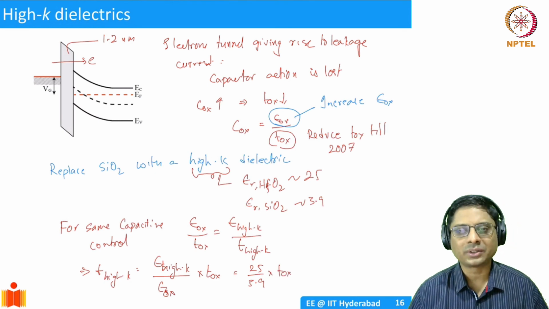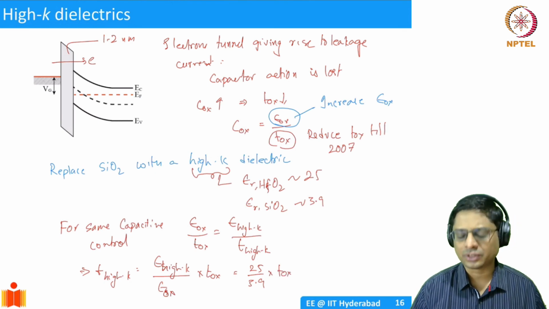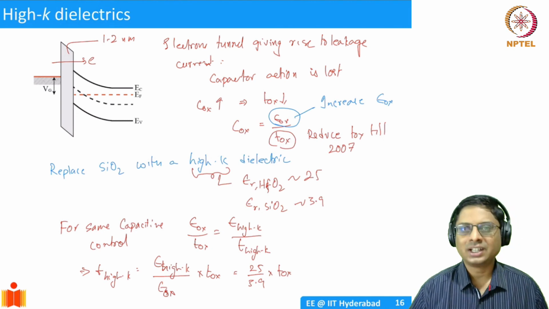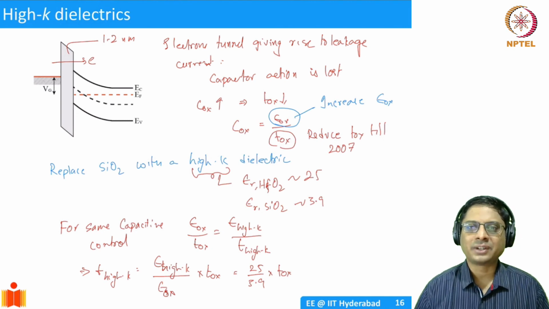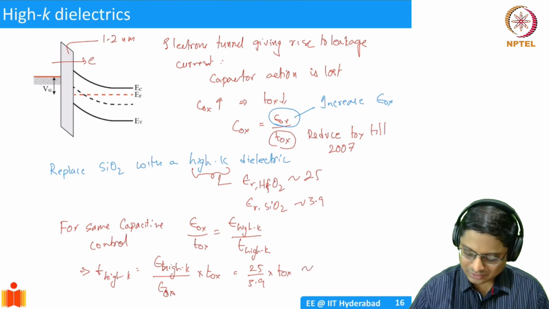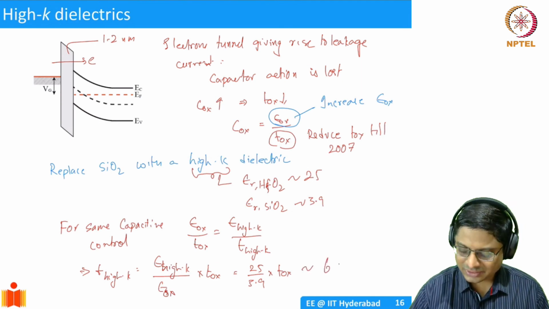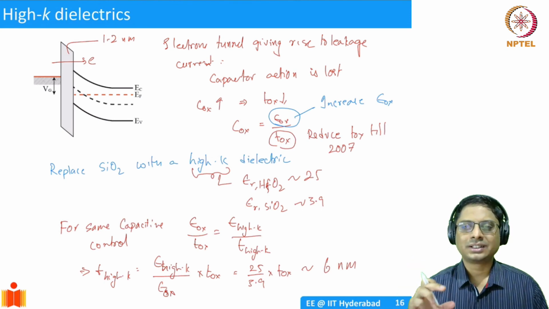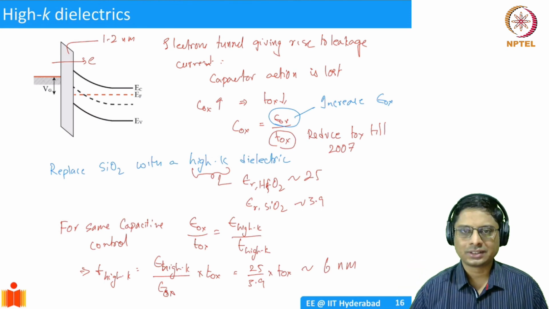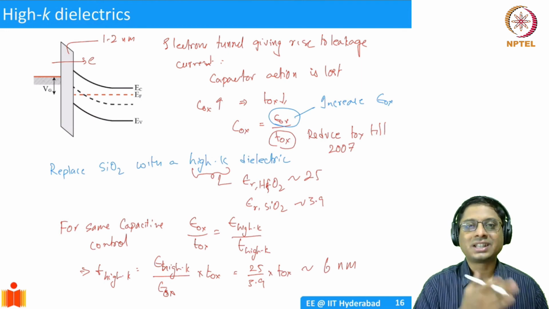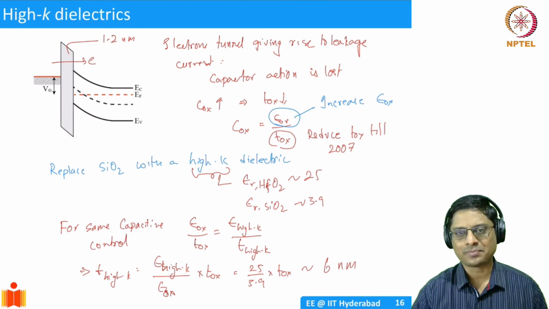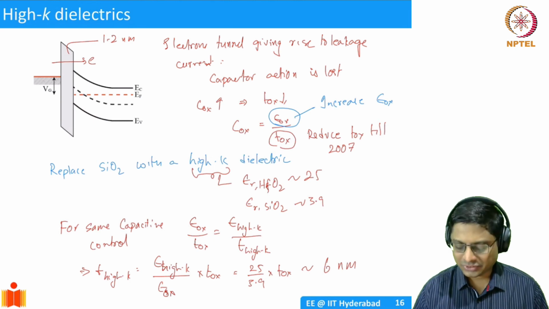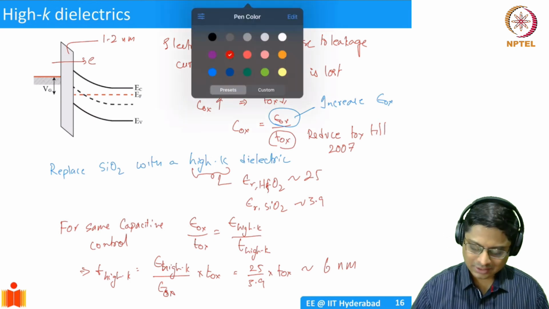So in 2007 it was 1.2 nanometers. In 2005 it was 1.5 nanometers, then 1.2 nanometers. So immediately, if you just replace silicon dioxide with hafnium dioxide, you could have thickness of high K to be about 6 nanometers. So you're able to get a physically thick gate oxide and still have the same capacitive control or same current, because COX is still the same. Okay, so it was a simple idea, but once you increase the thickness,